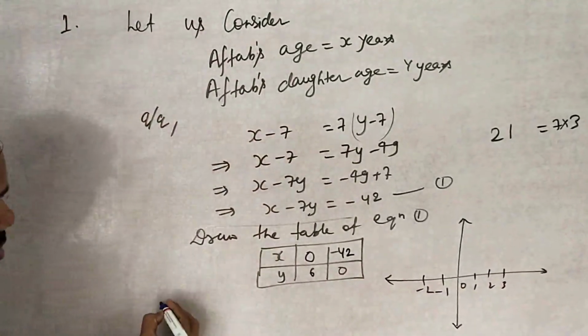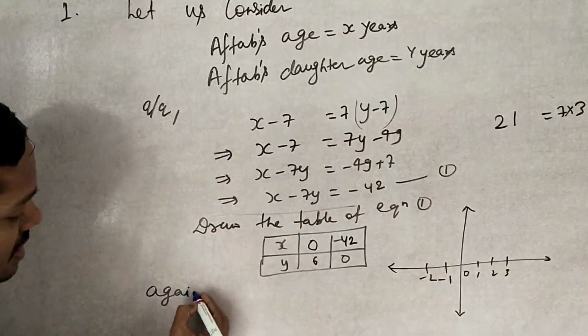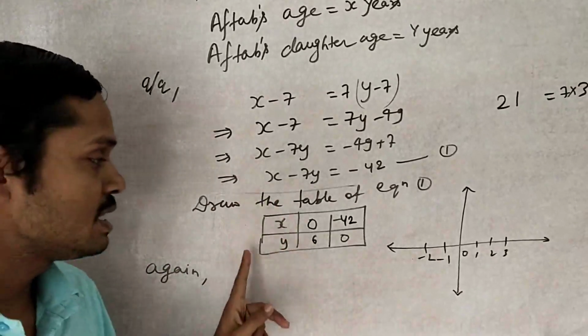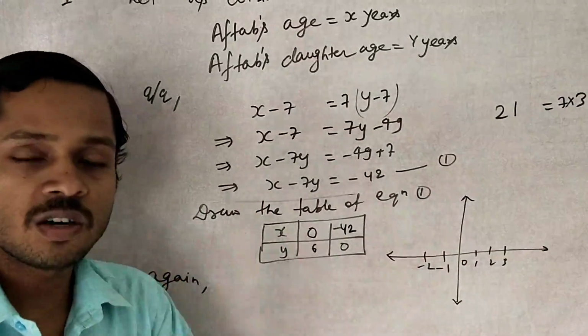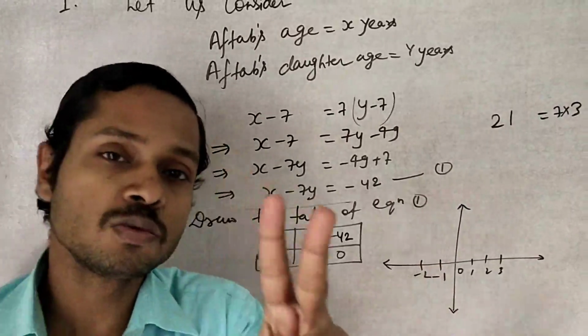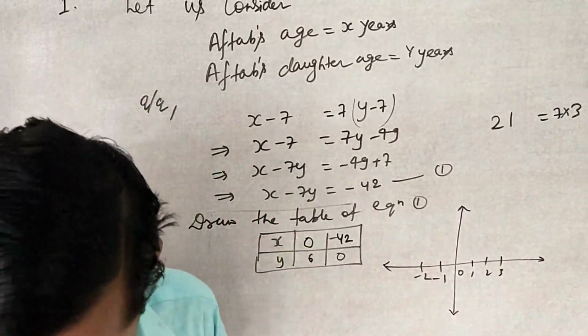Now we are going to solve another equation. Because another equation is given, we can write here again what the equation is asking. Clear? So this is called the algebraic solution. When you draw on the graph, this is called the graphical solution. Clear? But for the graphical solution, you need two tables. Clear? So first of all this one, then the second one.